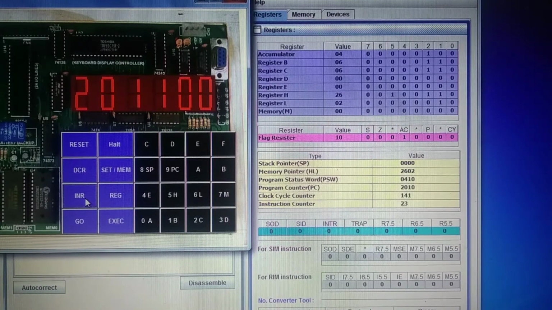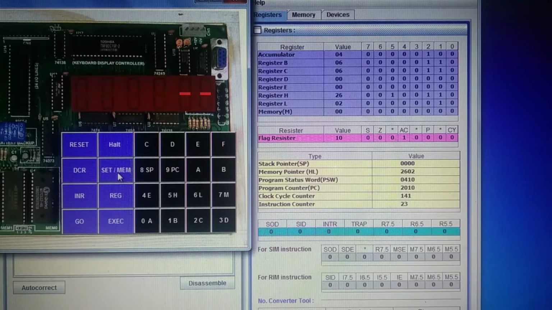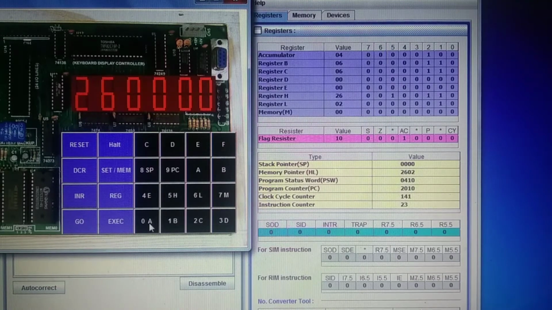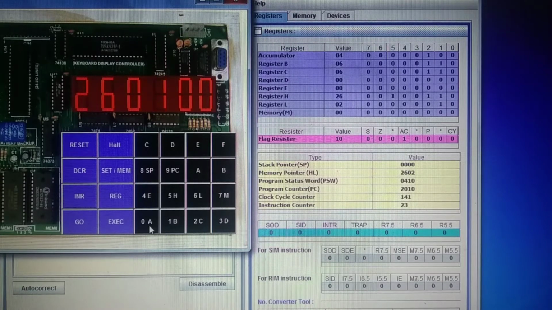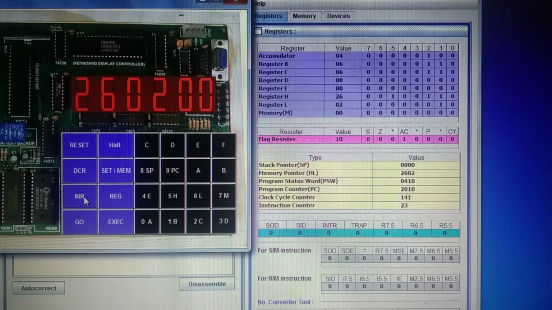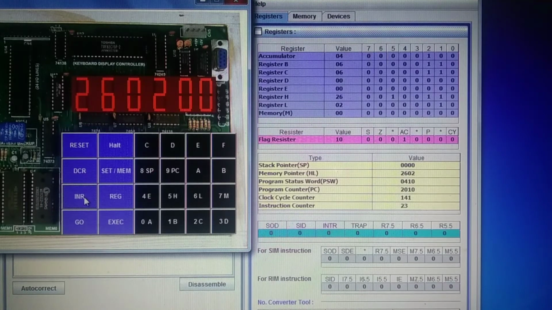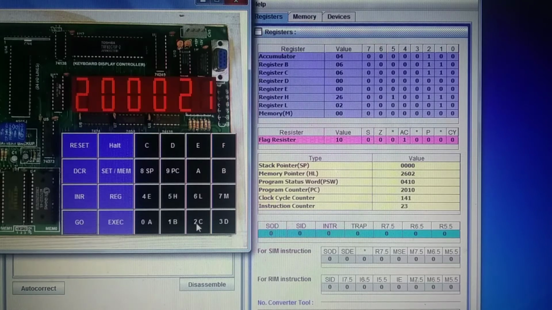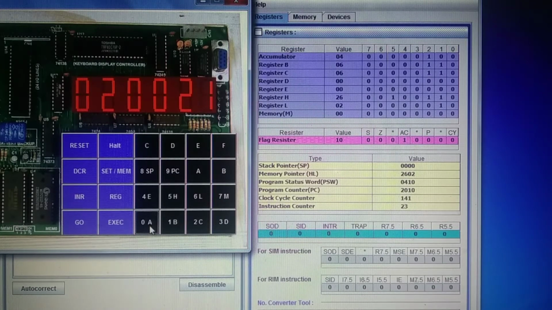Now you have to take the numbers at 2600. Reset, set memory, go to 2600, increment, take the number 0A, increment, take the number 03, increment, and now execute the program. Reset, go 2000 and execute the program.